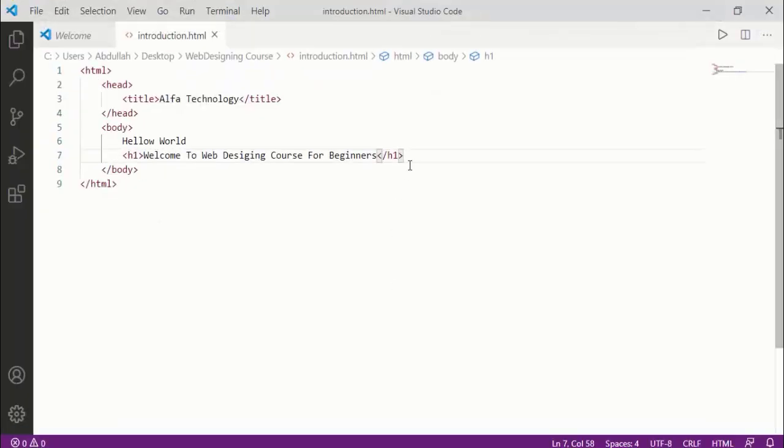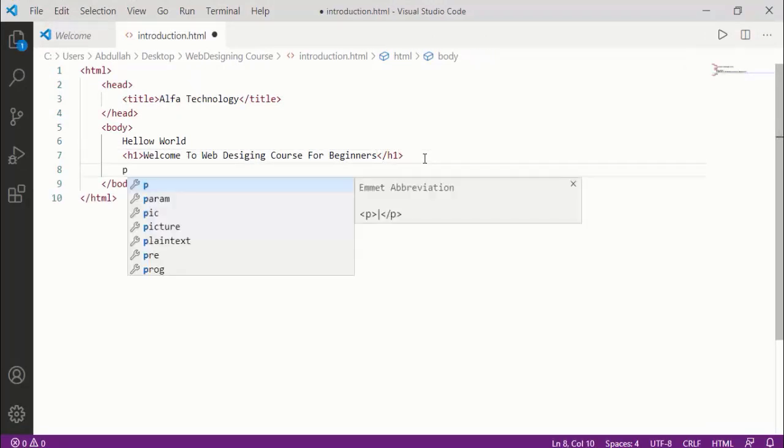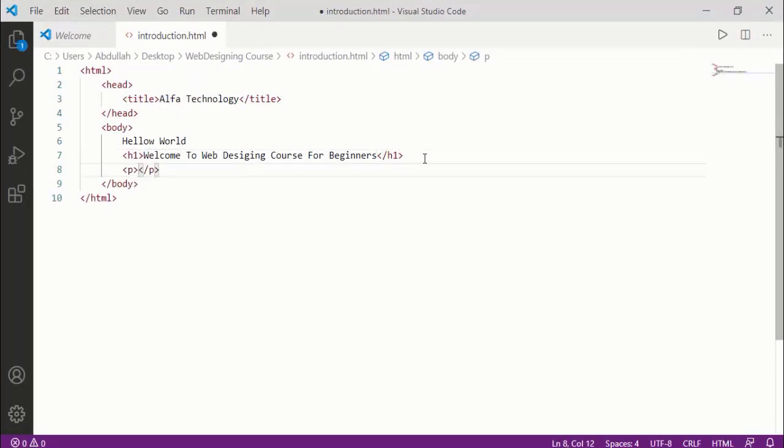So we will go here, and there is another tag which is the P tag. You can directly just type P and hit enter, and it will automatically become a tag. But I highly recommend you type the tag name by yourself, because you are new, and if you type it by yourself, then you can remember it for a long time.